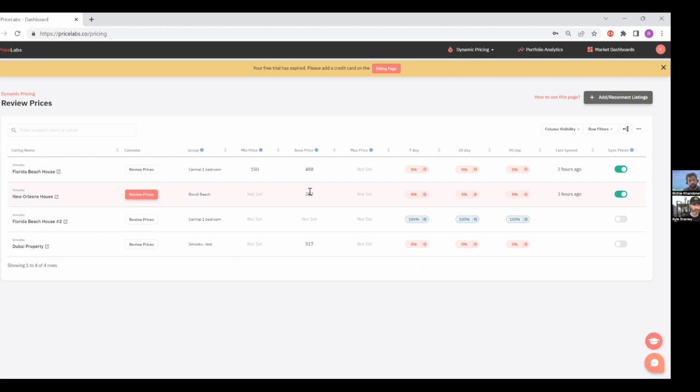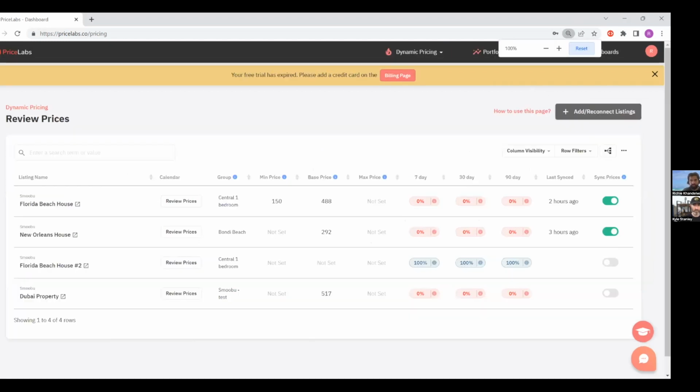In this case, we are starting to see two separate properties in Price Labs. Today, we don't know that the Airbnb and VRBO property that you have connected are the same listings. And so this is that additional step in onboarding that you have to take to tell us, hey, these are the same listings. Now, if you see this kind of an icon, and maybe my screen's too zoomed in,